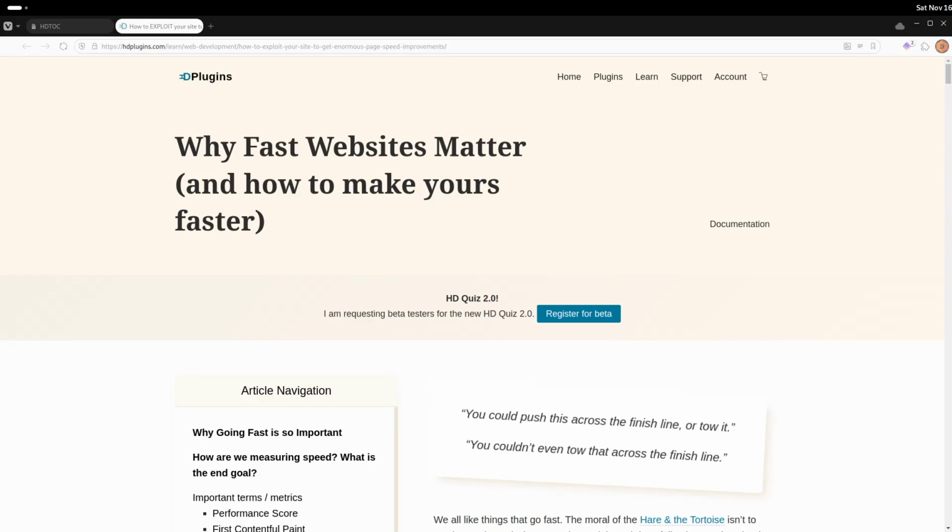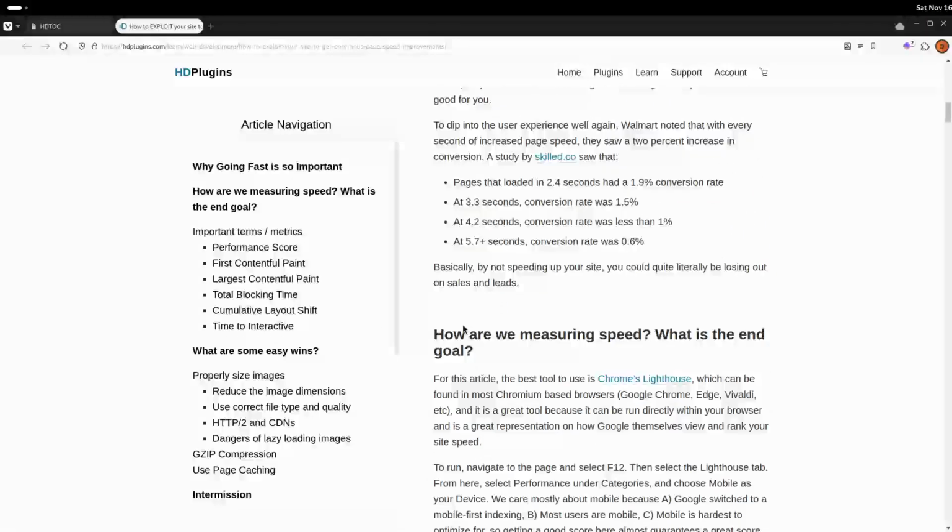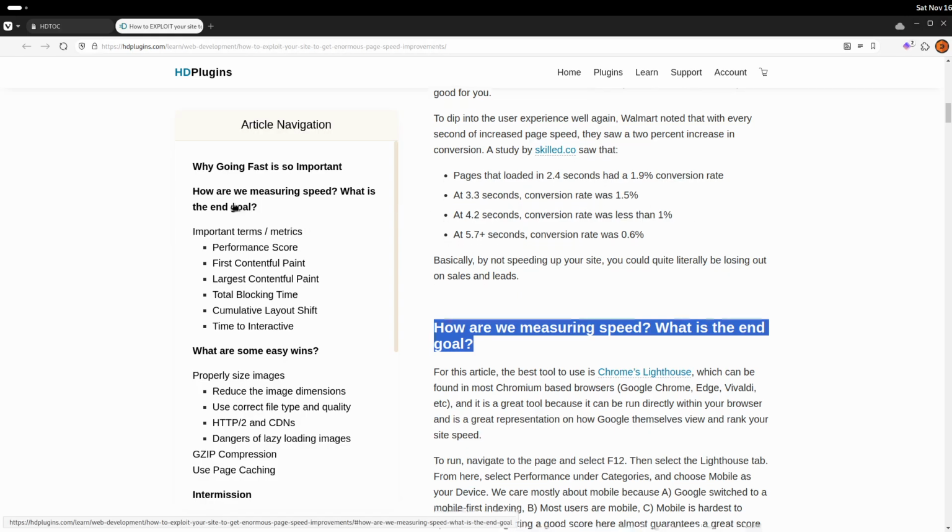This time I'm doing a live coding tutorial on how to build your own table of contents using just good old-fashioned vanilla JavaScript. Here on the screen I have one of my sites, HD Plugins, with just one of my articles up. And on the left sidebar you can see the table of contents. The way this works is that anything that's a heading in the content will become a clickable link